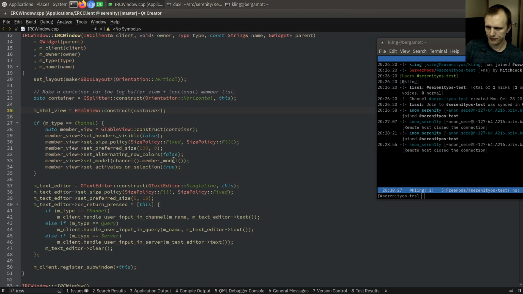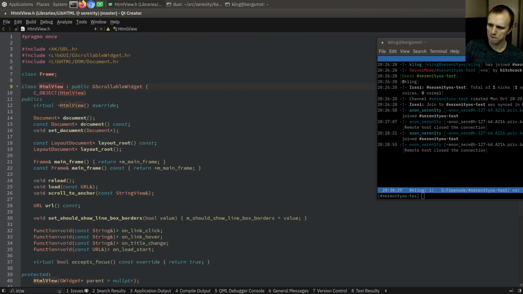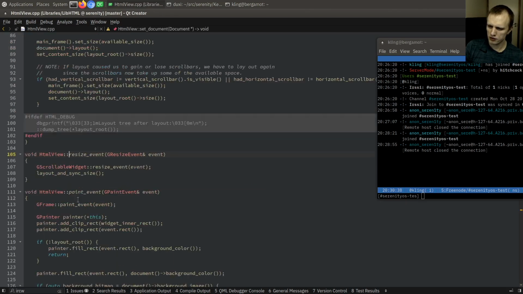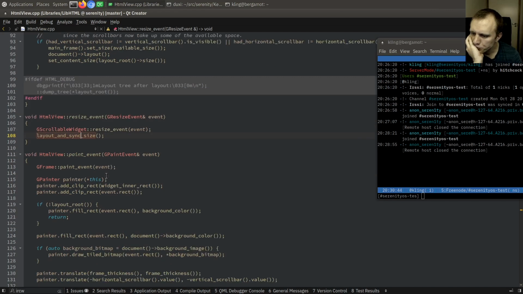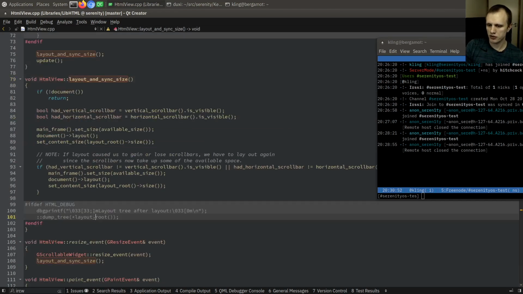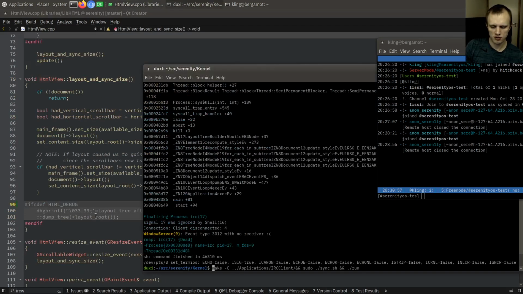Okay. And do we have to do something for it to actually work? It should just do a layout of itself. I guess we could dump the layout tree here. When we lay out, let's just dump the tree. So we'll just go there